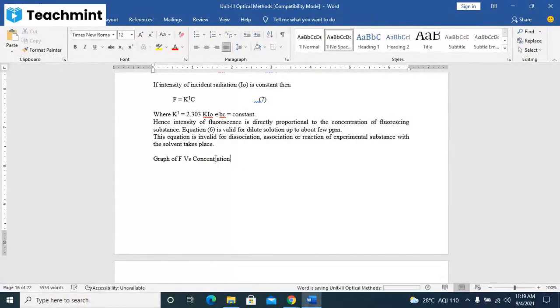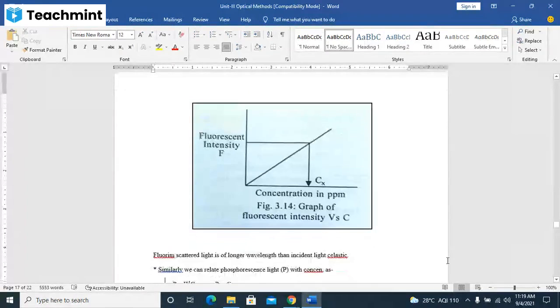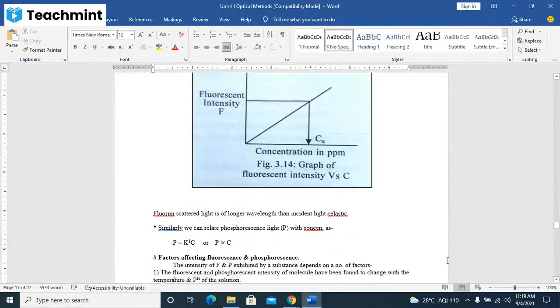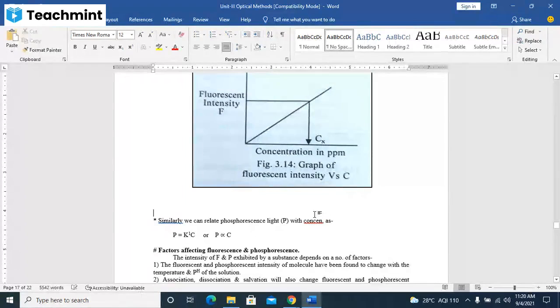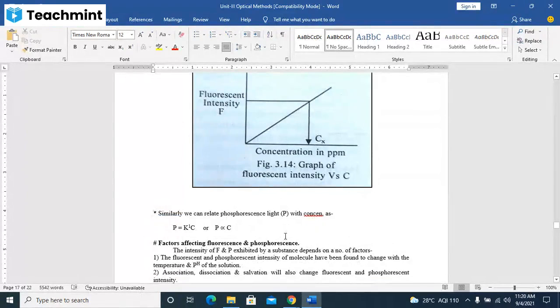You can see a similar graph as the calibration graph as earlier we have seen. और सेम आप फॉस्फोरेसेंस इंटेंसिटी को भी आप कोरिलेट कर सकते हैं।